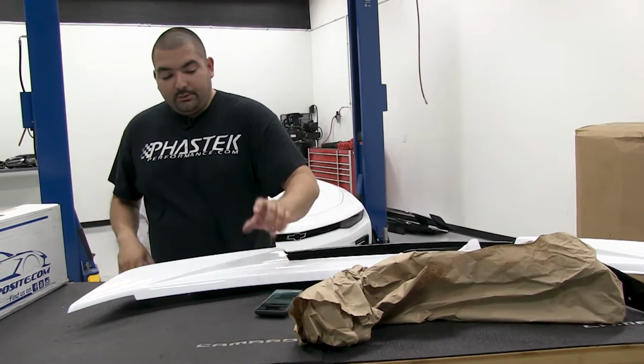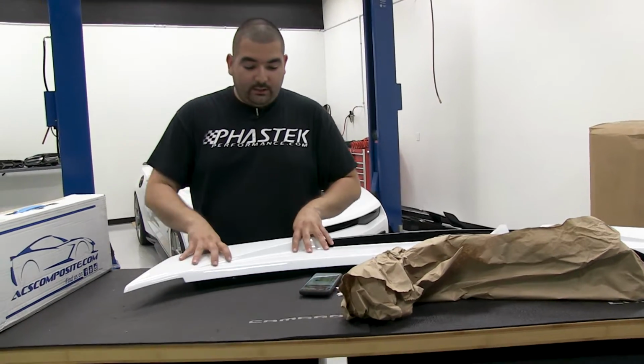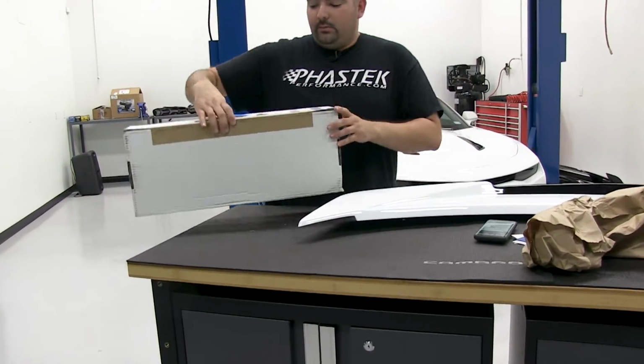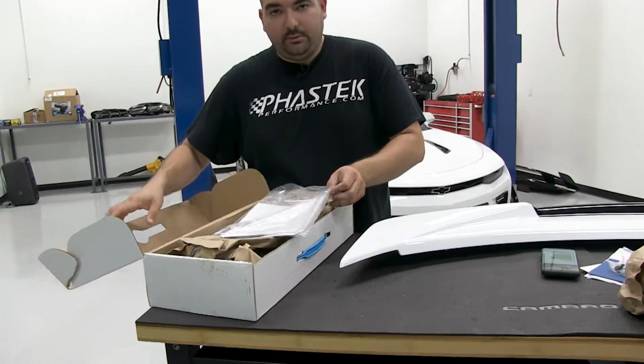We do have some pictures of them on the car, which work out pretty interesting. Let's see here. So moving on, that's the ACS Wicker. Okay, so now what we have here, now these are the rock guards. Now the rock guards for the 6th gen, again, require a couple holes to be